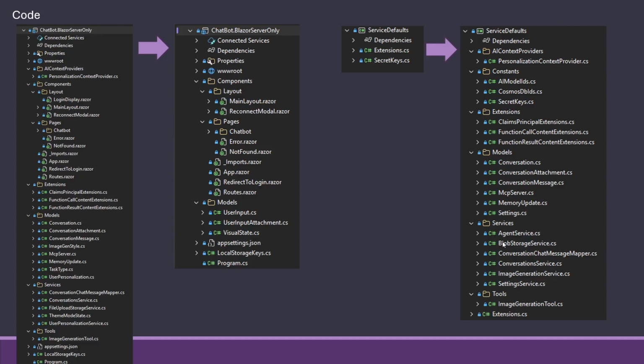The blob storage service is just normal blob storage from Azure, nothing fancy there. Conversational chat message mapper is the one we had over here before, but there was nothing Blazor specific in it, so we moved it. Conversation service has been rewired, of course, to use Cosmos DB instead of files and folders. Image generation service has been moved out of the image generation tool here, so it can independently be used as a service and a tool.